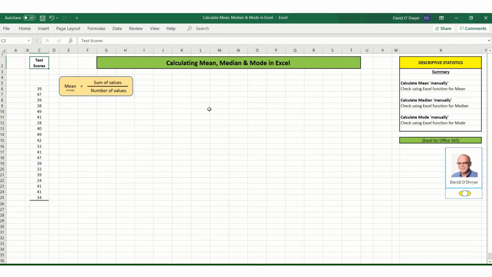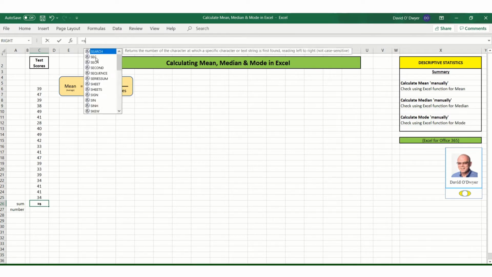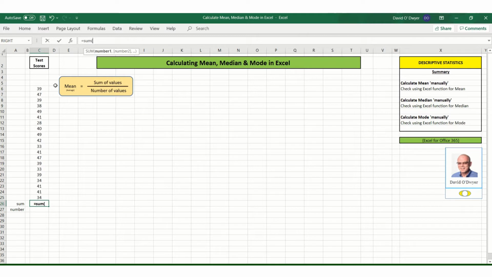The mean or the average is the sum of the values in the data set over the number of values. So we'll go and calculate those, and we can use the Excel functions to do that. So if we locate down here, we say sum, and then below that we'll say number, and we'll calculate both of those using the functions in Excel. So we'll put the sum in here, we'll say equal to sum, S-U-M, and open the bracket and then select the data